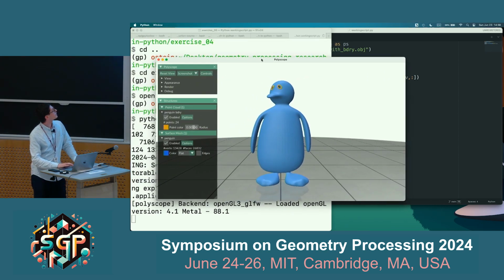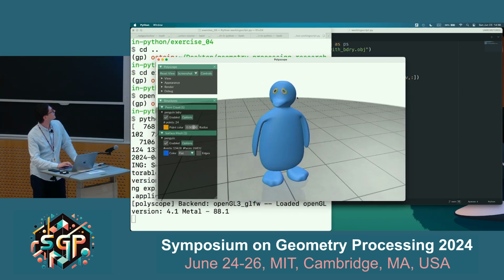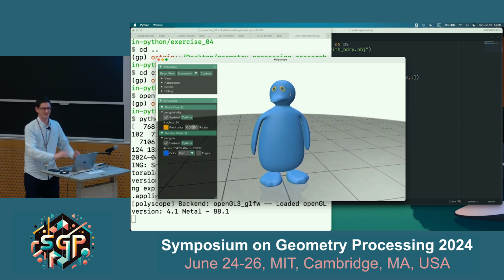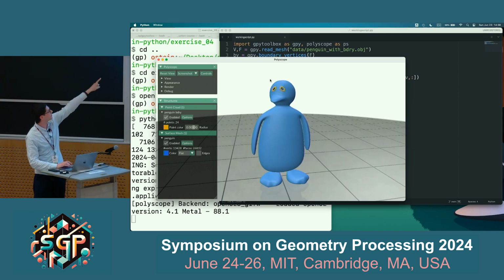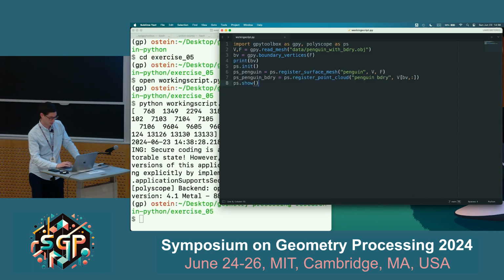So here I cut some holes into the penguin. This is instructional. And the vertices it gave me back, I plotted as a point cloud. There are these yellow vertices. That's how you get all the boundary vertices in GPy Toolbox. Now,